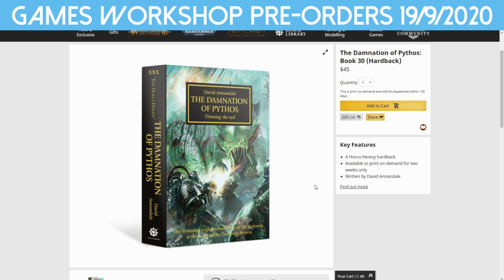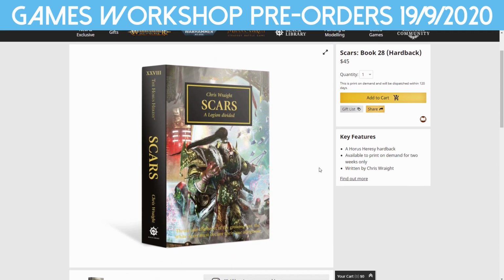Again, on demand for 2 weeks. Some cool art on the front with some crazy kind of dinosaur lizard things. Very weird. And finally, we have Scars, which is book 28 of the Horus Heresy, featuring the Khan, by the looks of it. I don't particularly know all the books, so it's very cool. But the Khan is probably one of my favorite characters, particularly in the Siege of Terra. He seems to be the most, I want to say the most rational,